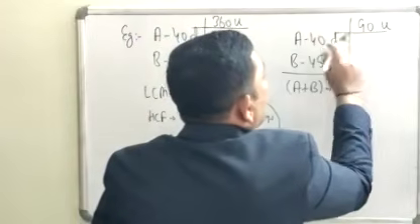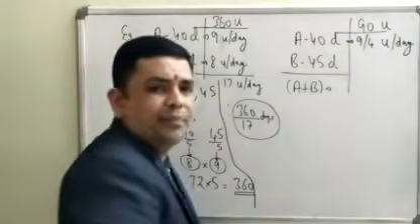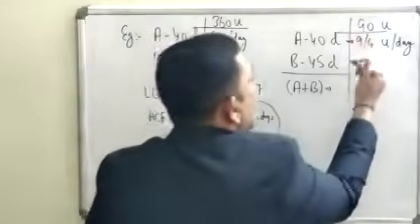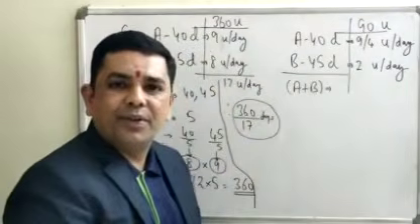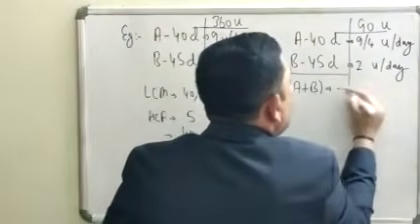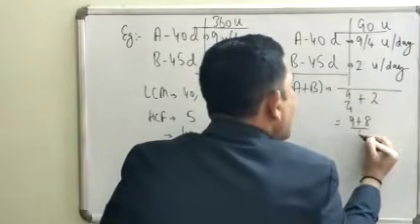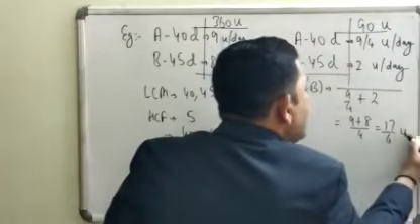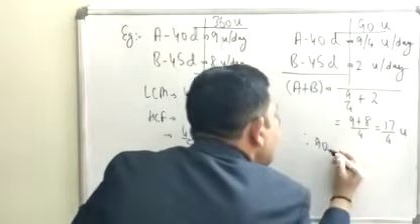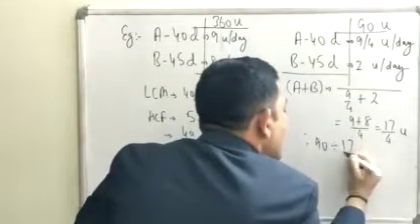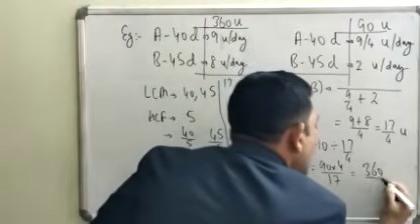So A will be able to do 90 units in 40 days, which is 9 by 4 units per day. B will be able to do 90 units in 45 days, which is 2 units per day. Both of them put together will be able to do 9 by 4 plus 2. This is 9 plus 8 by 4, which is 17 by 4 units per day, and therefore 90 units can be divided in 90 divided by 17 by 4, so 90 into 4 by 17,